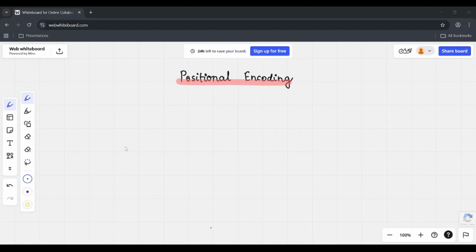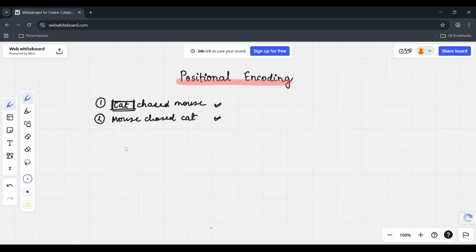So let's first understand what the problem is with our self-attention model. If I consider an example, let's say a sentence, "cat chased mouse." This is my first sentence, and let me consider another sentence that says "mouse chased cat." Now these are two completely different sentences, right? With completely different meanings. But if I pick cat here and I pick cat from my second sentence, then the